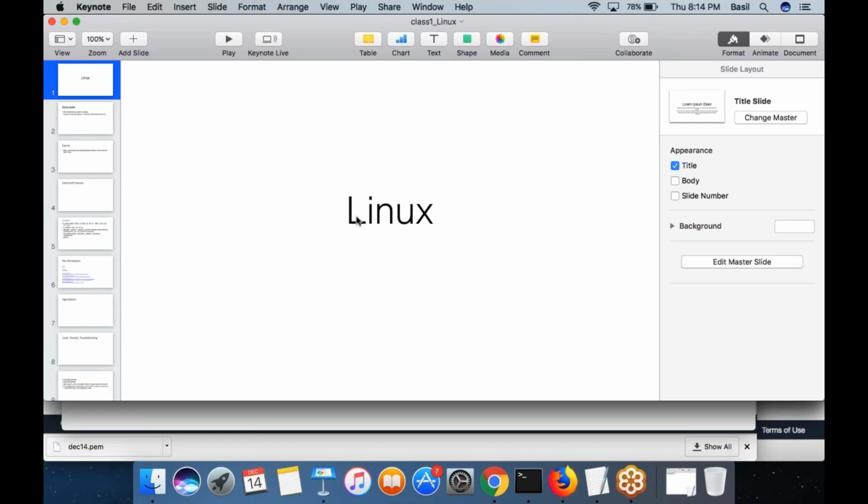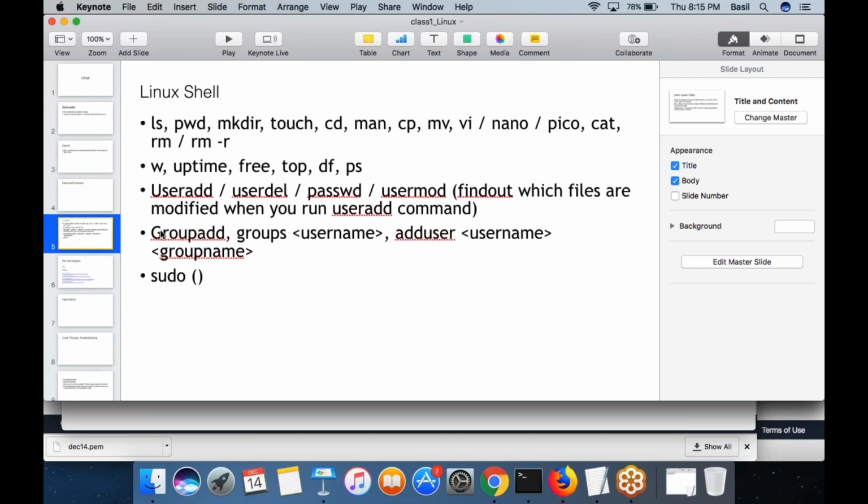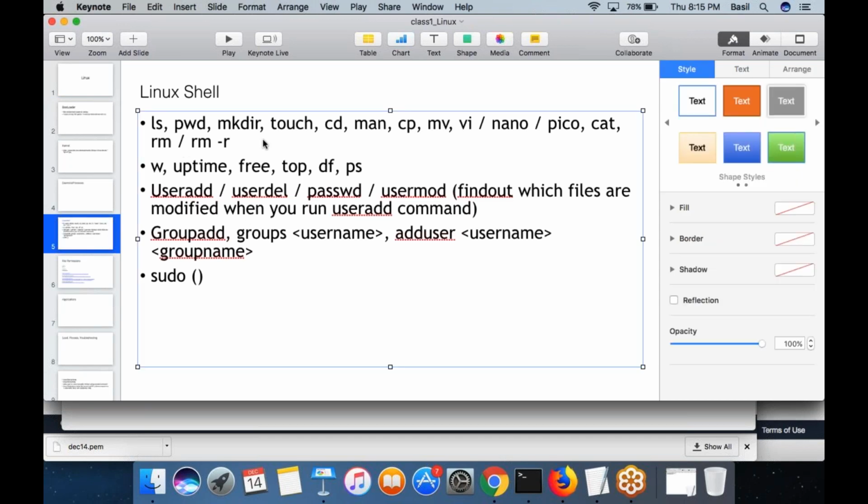You want to copy some file to a new location, right? Anything, you want to open some file editor, you want to edit a file, whatever operation that you need to perform in a Linux machine, you need to run some command in Linux, right? That's what helps you work on a Linux machine. Unlike Windows, you will not get any graphical interface. So these are the commands that I'm going to discuss today, right?